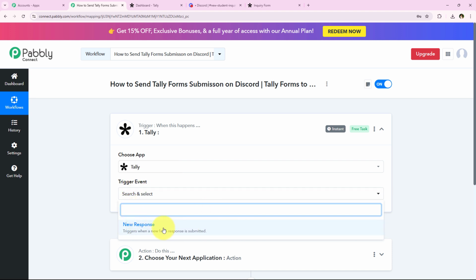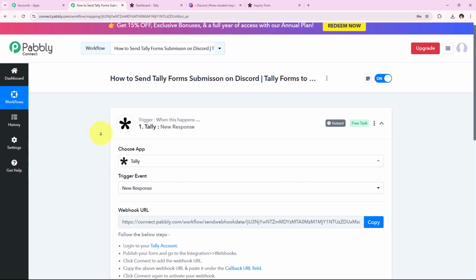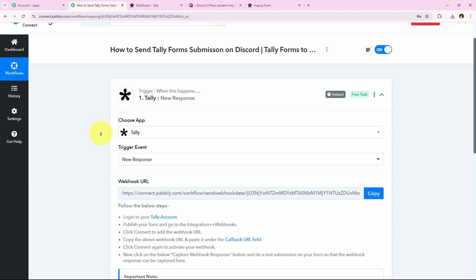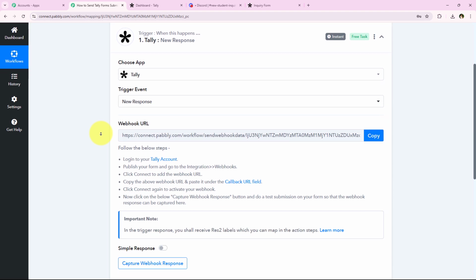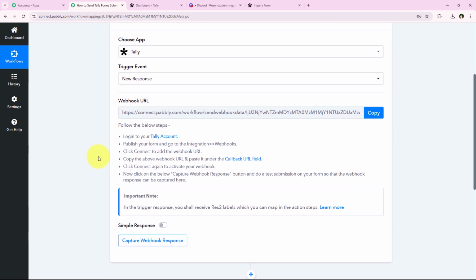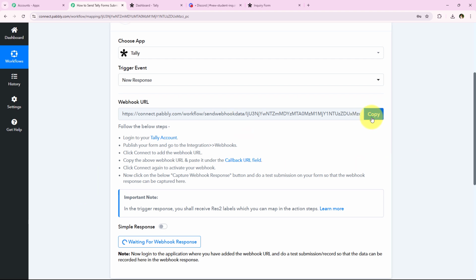All right. So now what I want is that as soon as a new response is received, my workflow should be triggered or started. So we have selected the same as a trigger event. And as soon as we select the trigger event, it is giving me a webhook URL. So we're going to use this same webhook URL in order to create a connection between our Pabbly Connect's workflow and our Tally account. So what we have to do is, first we are just going to copy this webhook